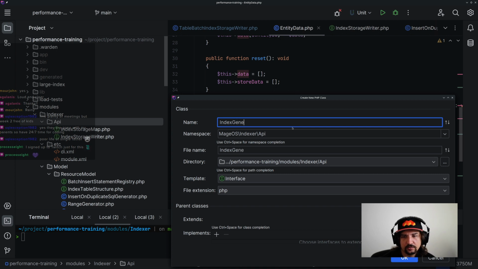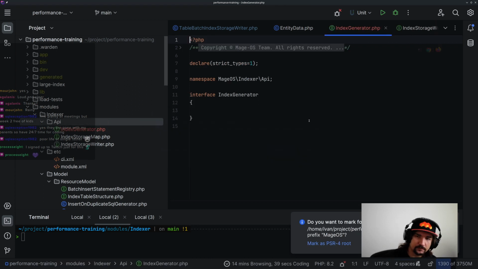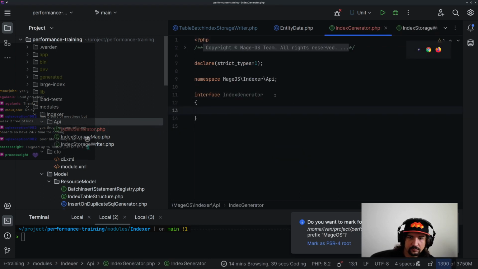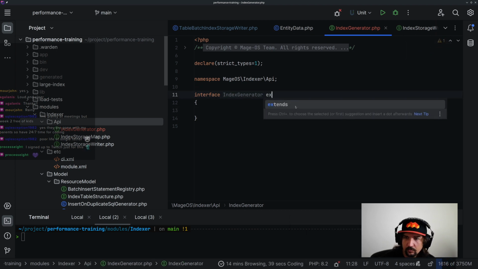Actually, index generator. So it's just gonna generate an index record by taking a writer as an argument and also the event data itself. It's going to be actually the final implementation of the indexer itself, and I will need it for some testing. So let's see. So we go with index generator, and now we're gonna